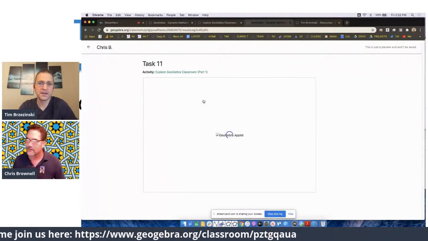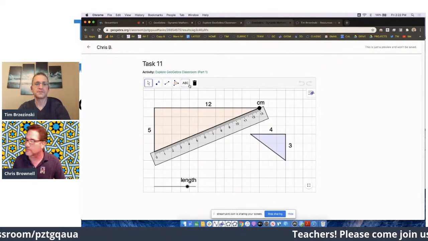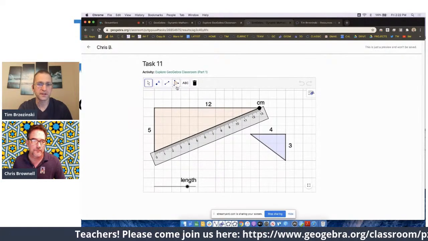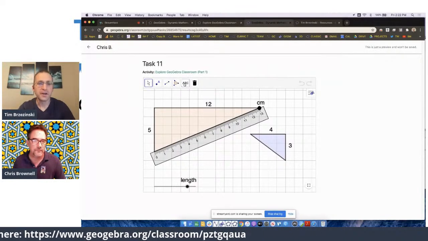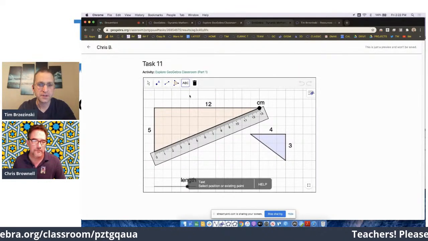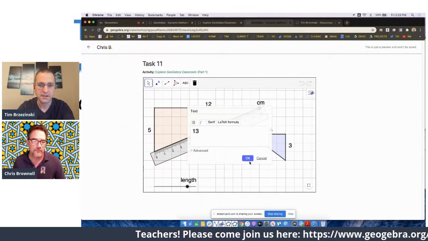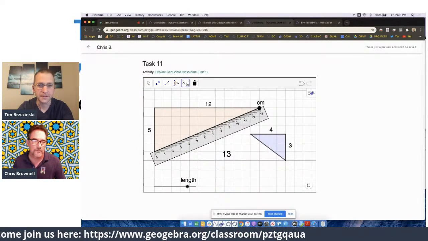Yeah, and actually here, just to show you, this custom toolbar, a lot of people sometimes get intimidated by the size of the GeoGebra tools there. That's like you click one and a million of them pop down, right? But here, I put the text tool in there so you can literally just go here, and I'm just going to type in 13, right? I type the number 13 using the text tool right there, right?